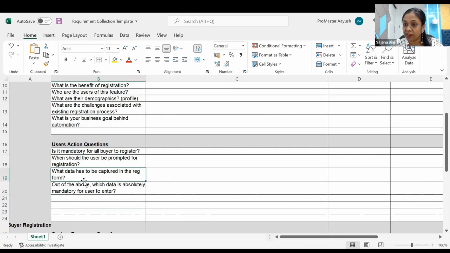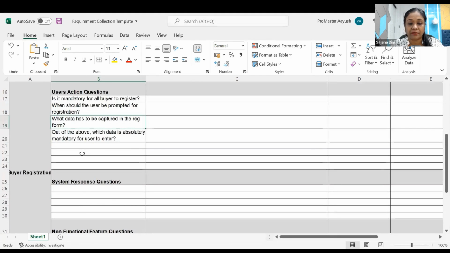Okay, so I came up with some user action questions. What else are the user action questions that you can think of? I'm talking about when I say user action, guys, let me repeat: what kind of data entry or what kind of clicks the user will make on the screen. Just think about that. A user is trying to register in this particular portal in order to purchase a car, purchase a vehicle. One question: do all category of buyers